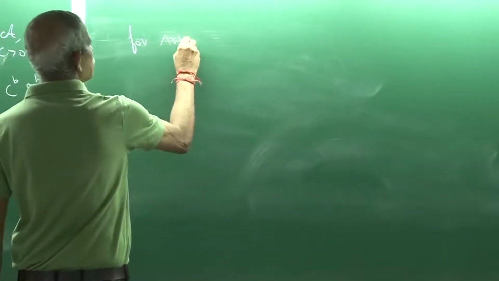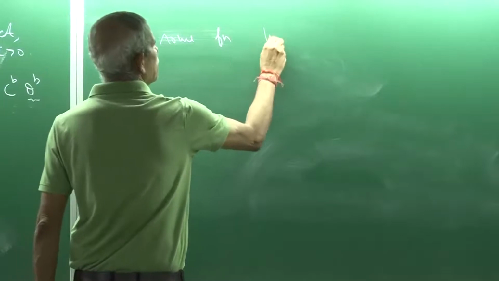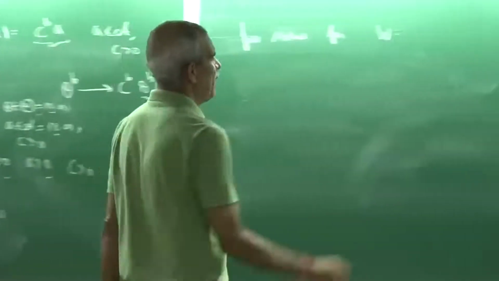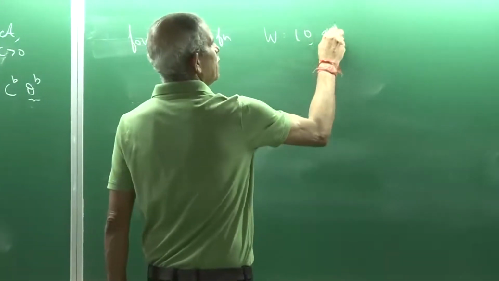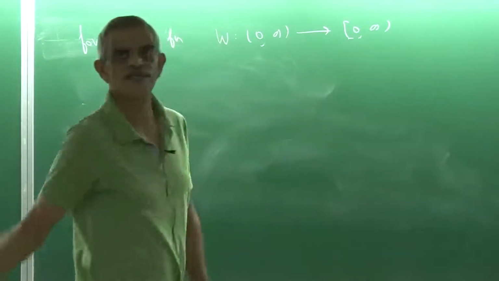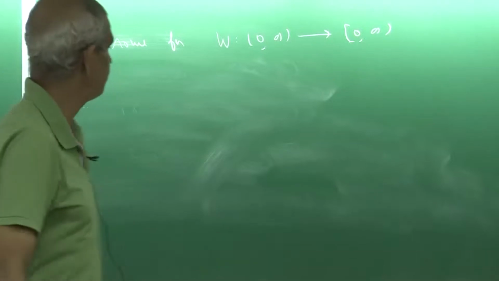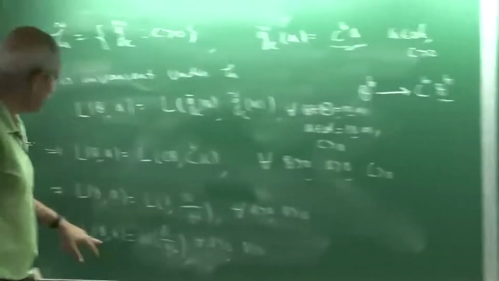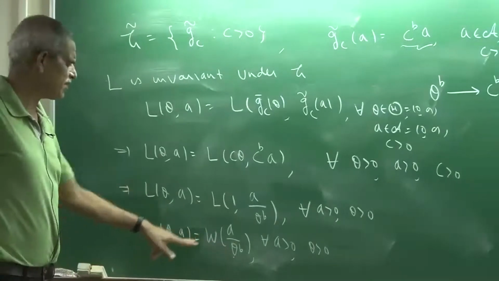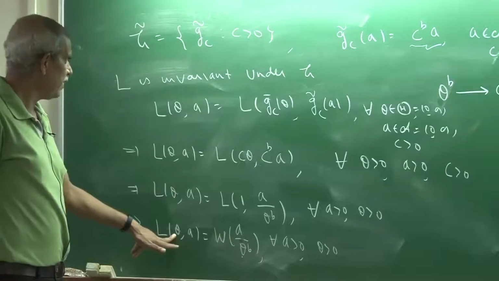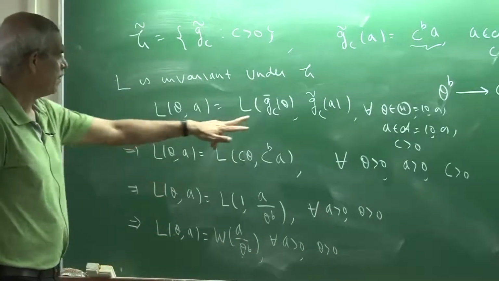And W, its argument should take values from 0 to infinity, and theta takes values from 0 to infinity. So this should be defined from 0 to infinity. And since it is a non-negative function, it should take values in the closed interval 0 to infinity. If L is invariant, this would be of this type. The converse is straightforward. If L(theta, A) is of this type, then what would be L of